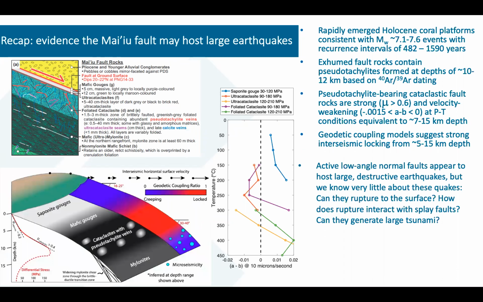So it seems that these active longitudinal faults are actually capable of hosting large destructive earthquakes, but we know very little about these quakes and what they look like. Can they rupture to the surface? How does rupture interact with splays in the hanging wall? And can they generate large tsunami? So what motivated my work here at Scripps is whether dynamic rupture modeling can help answer some of these questions about low angle normal fault